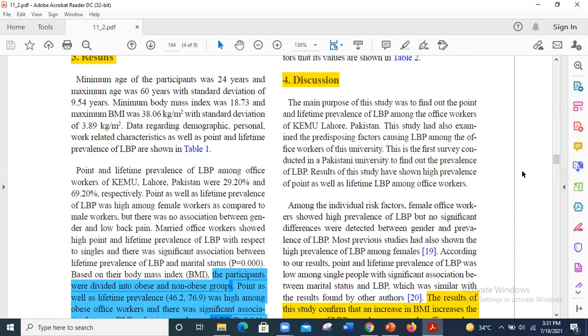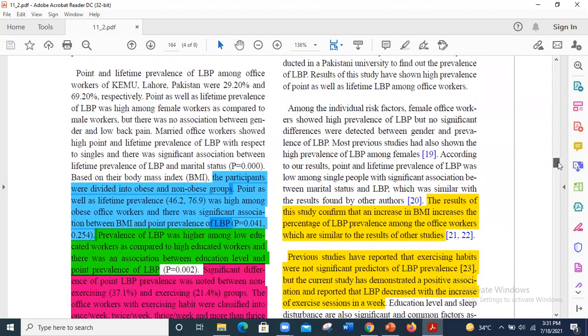Say, for example, Pakistani people may have a sedentary lifestyle, poor health status, no exercise routine. This could be the contributing factor that has changed your results from other researchers, but you are going to add these results as well. Okay, positive and negative both. Let's take a look over there.